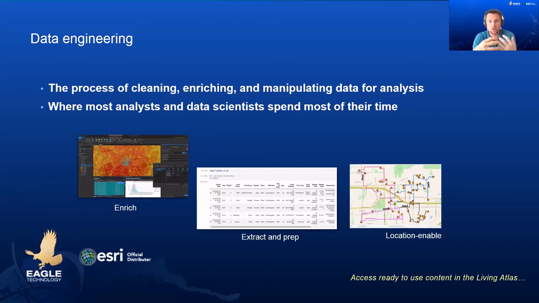And in almost all cases, you'll need to engineer the data to be able to use it in your analysis. And a lot of data that you'll find isn't native geodata. Sometimes it has an address, or it's a table with XY coordinates. And sometimes it's just an attribute, like a city name or region. And in many cases, you want to geo-enable it, either by geocoding or matching the attributes to another data set that has a location.